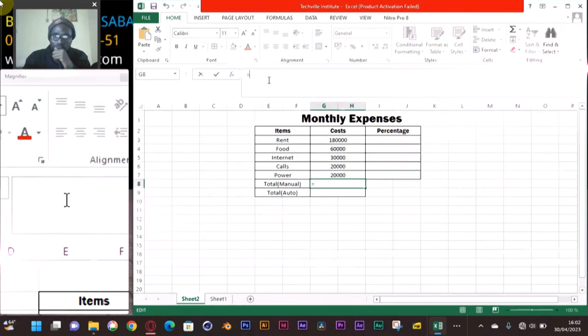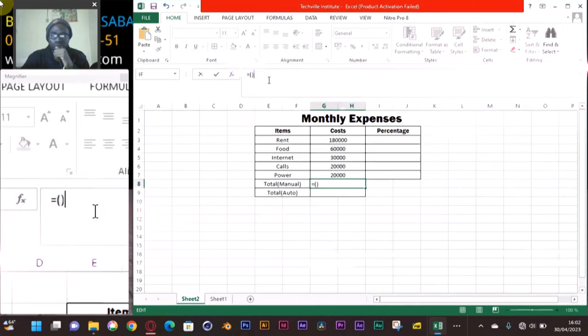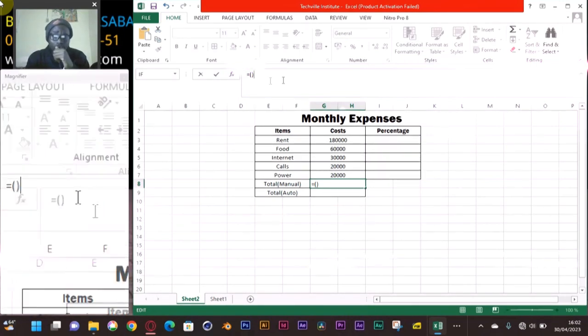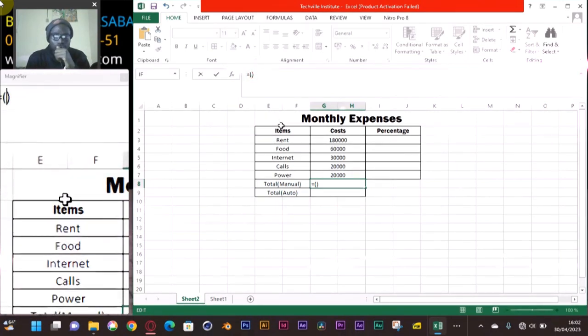So I'll type equals, open bracket, close bracket. Yeah, it's always safer to open and close immediately. Then move your cursor to the middle part and type in the formula. So our formula is